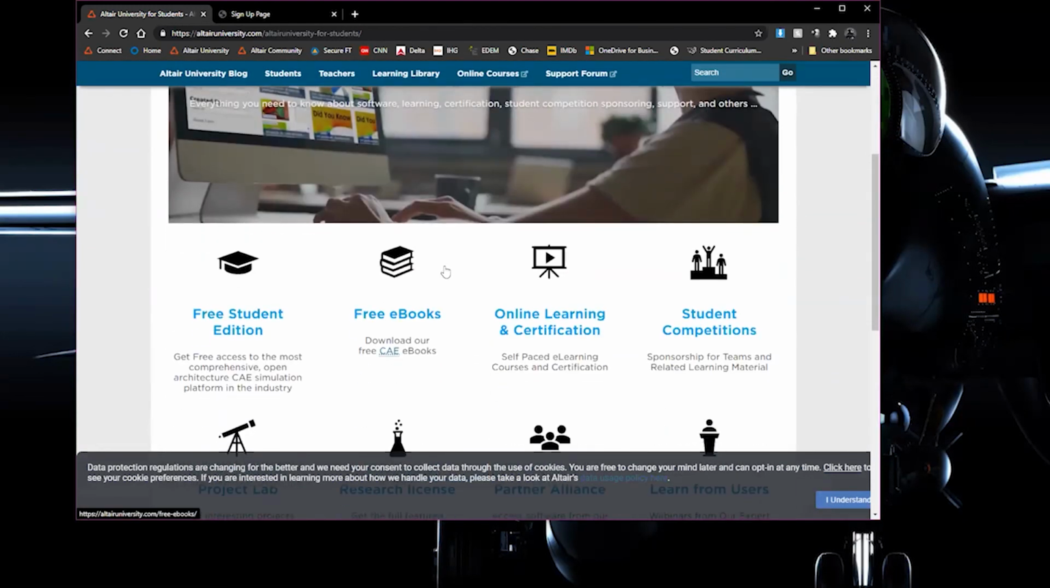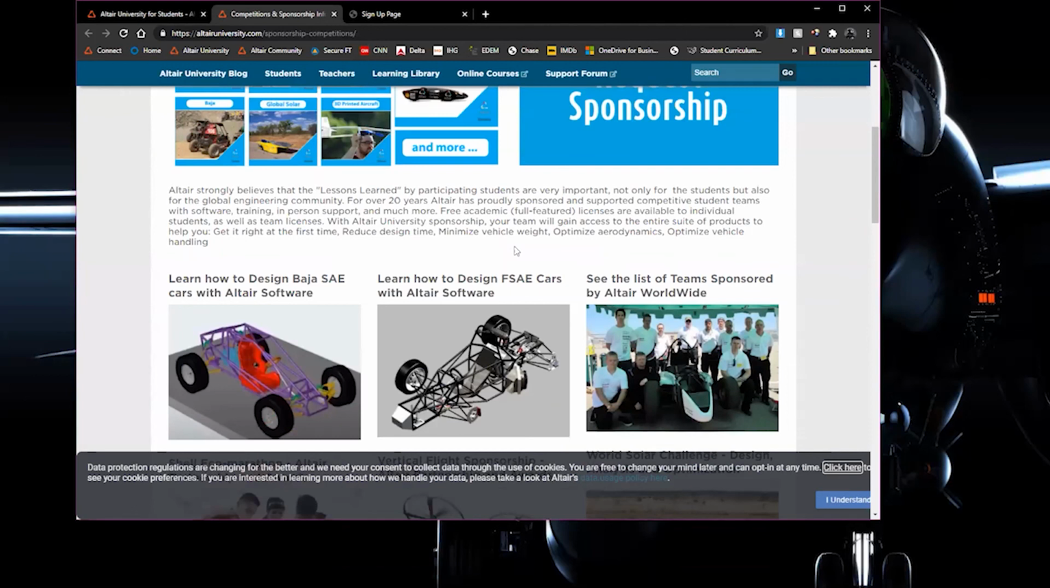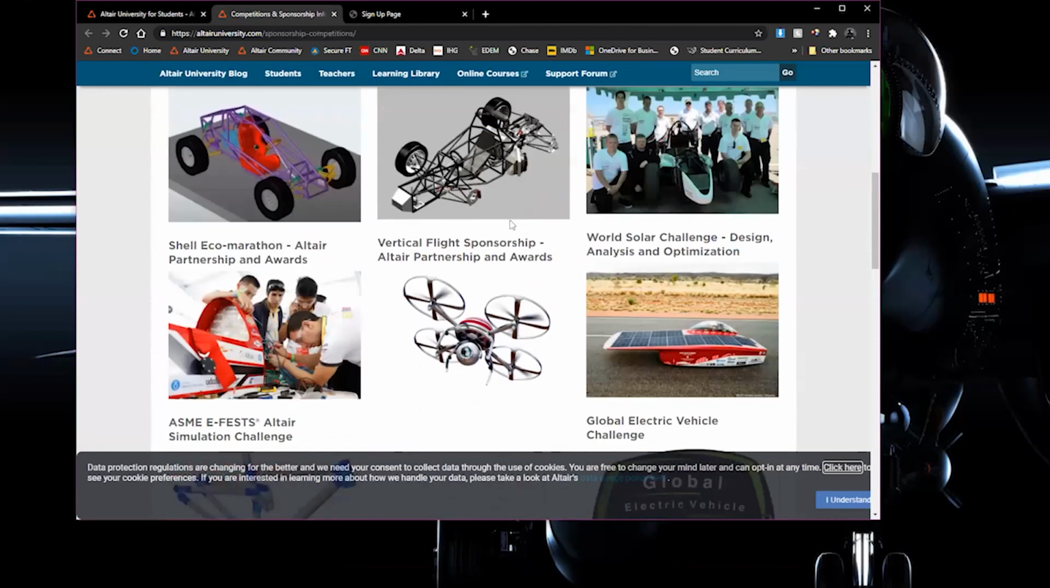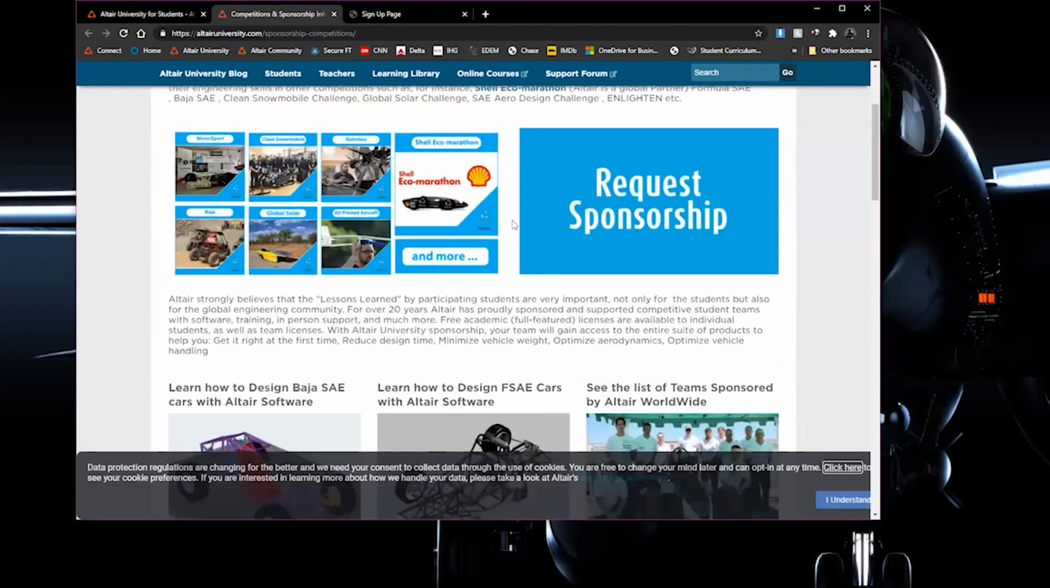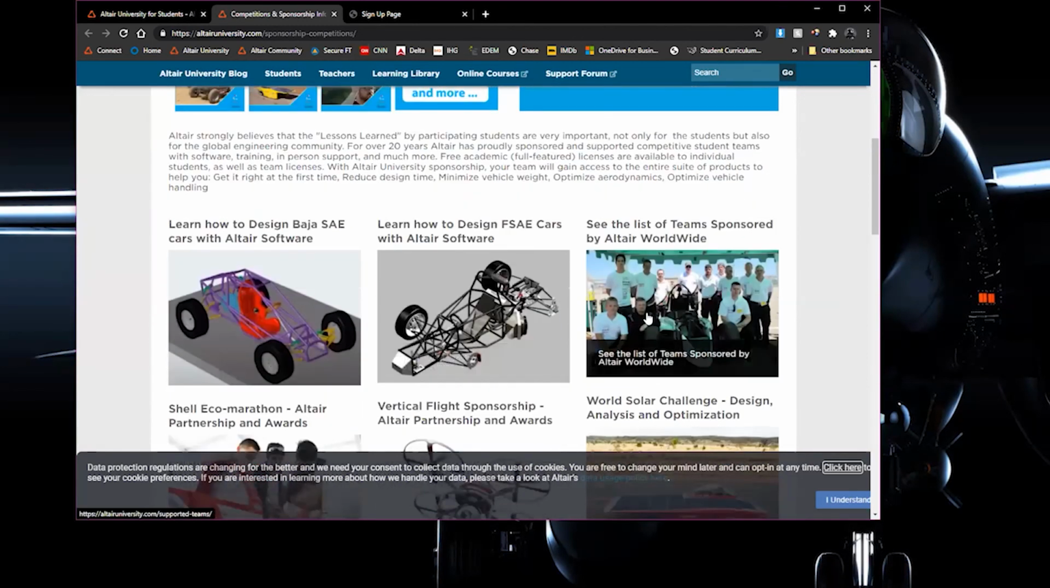The other way that you can go, if you come here also to students, you can come to student competitions. We are a proud supporter of all of the SAE and ASME competitions. So if you belong to a student design team, HPVC team, or any of the other competition teams out there, you can apply for a team license. There are a few limitations to the student version. You don't get all of the software, though Inspire is fully functional. But if you apply for a sponsorship for the team, we will get you as many licenses as you want, and they are full-fledged,